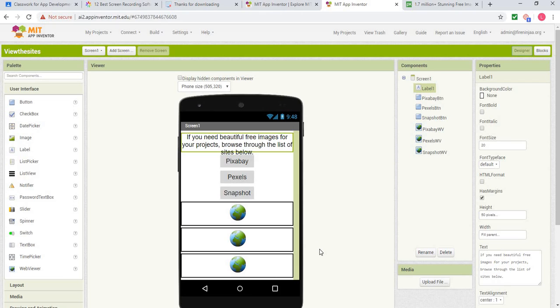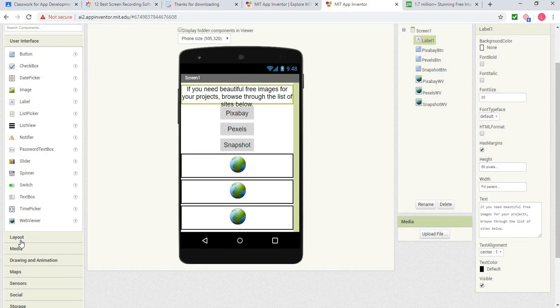Now one thing, this will work for YouTube videos. If you want to give YouTube videos, you can, but this is not the best option for YouTube videos, because this will not allow you to view the YouTube videos in landscape mode. It will only allow you to view it not as a video but as a website. So the better option to play YouTube videos is not the web viewer component, but there is another component called